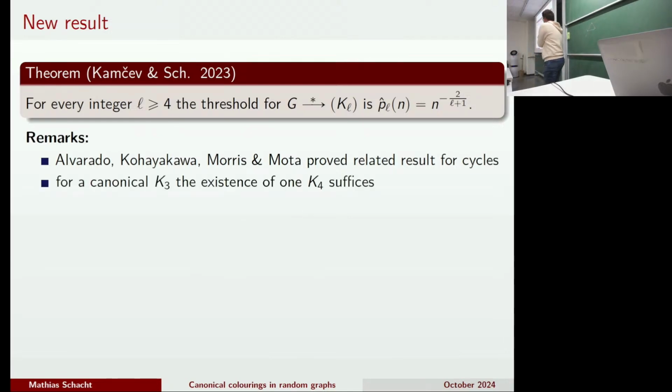The triangle is not only excluded for these technical reasons; in fact, it appears earlier. The reason is, if you have a K4, just one K4 in the random graph is enough to force a canonical copy of a triangle. This is kind of easy to see. So if you have 4 vertices, and let's say they are ordered that way from left to right, and you tell me all 6 edges are